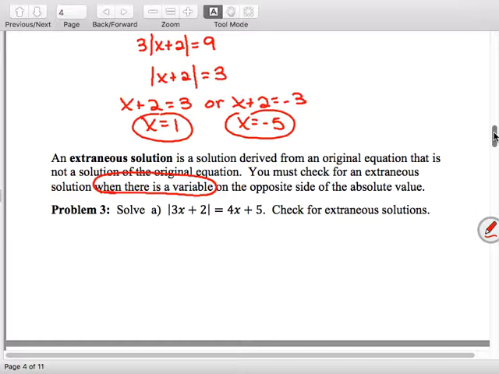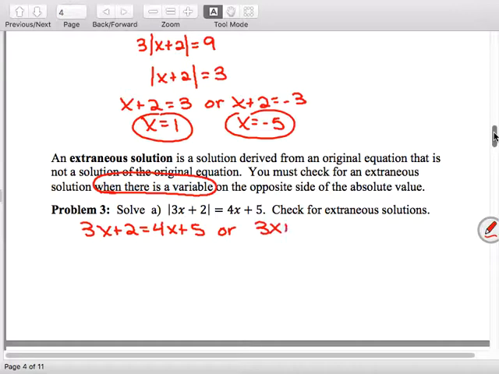So I'm going to do problem A with you, show you how to do it, and then I want you to try B. It says solve. Absolute value 3x plus 2 equals 4x plus 5. So what you're going to do is you set it equal